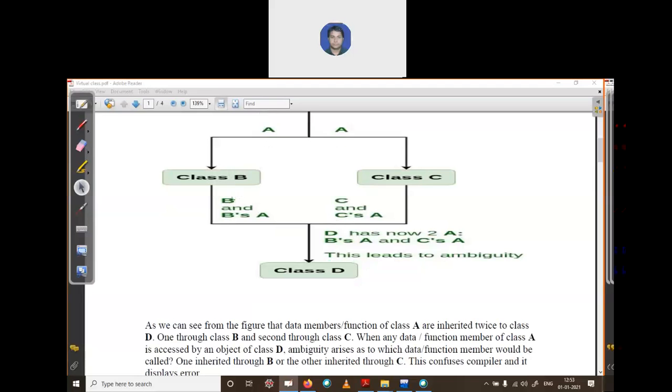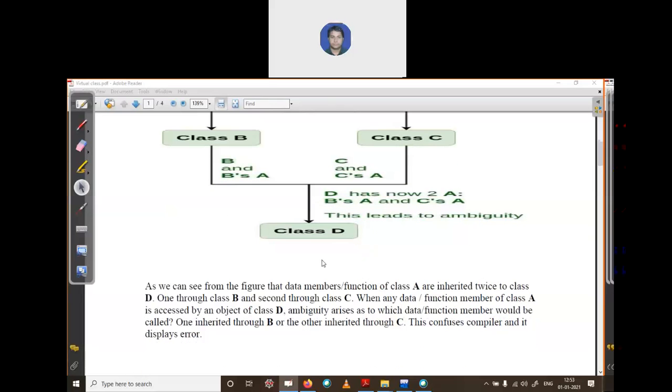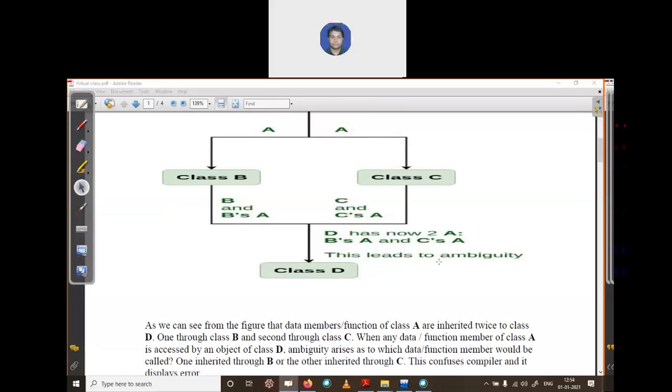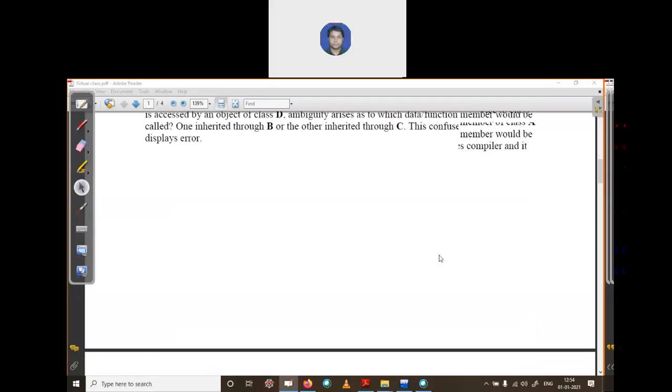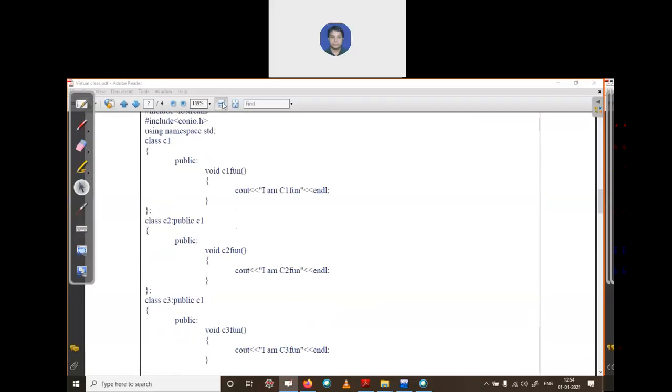Now B has two sets of data: its own data and the data acquired from class A. C is the same case. Now it derives one more subclass D. D has its own data, data from B, data from C, and data from A and A. This means A has ambiguity, since the data from A is copied two times, which C++ does not support. So let's write the code for the same concept and see.